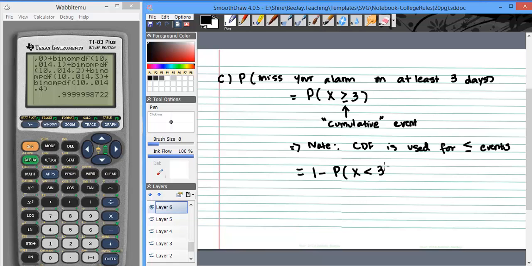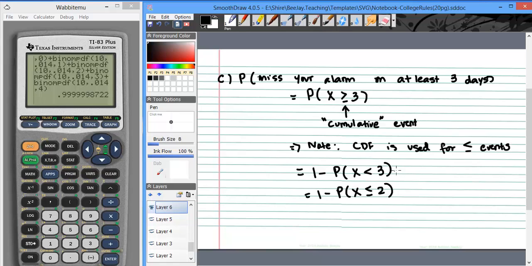is x less than 3. Still, I don't have a less than or equal to. This is a less than. But if we think about it, less than 3 means less than or equal to 2. So you can rewrite this as 1 minus the probability of x less than or equal to 2. Why is that? Well,